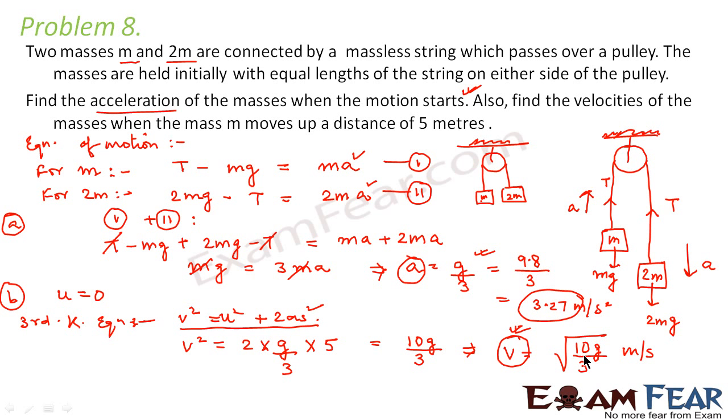Now I hope it is clear to you how we proceed to solve numericals in kinematics. That is, when two masses are given, whether they are attached by a pulley or through a string or they are lying on the ground and coefficients of friction are mentioned. Everywhere you need to apply the same concept: draw the free body diagram, write the equations of motion and then apply simple mathematics to get the desired values asked in the question.